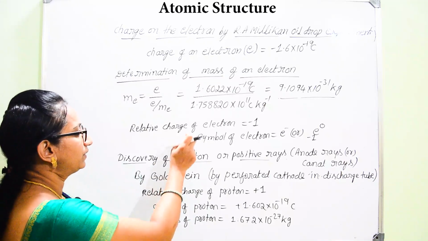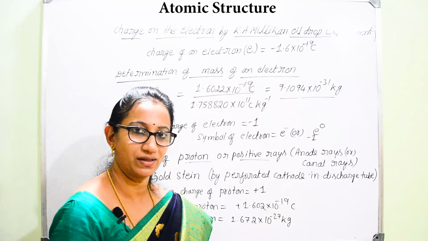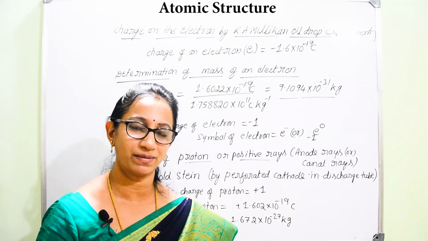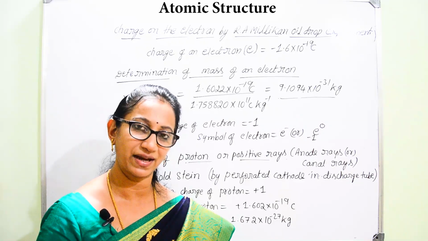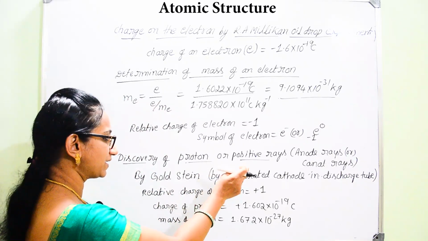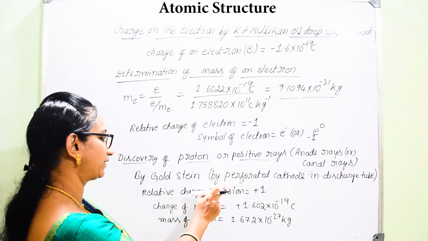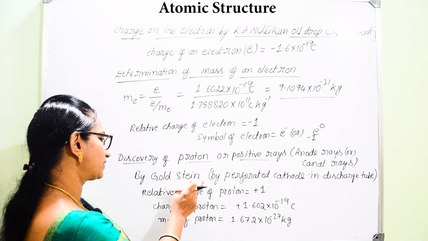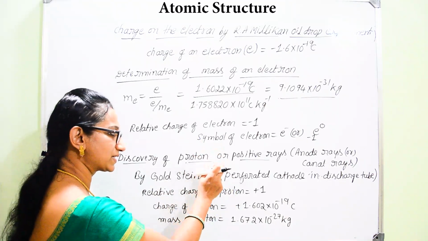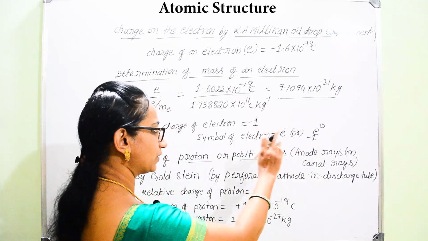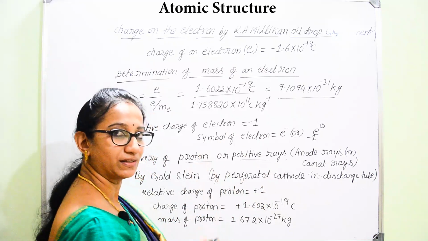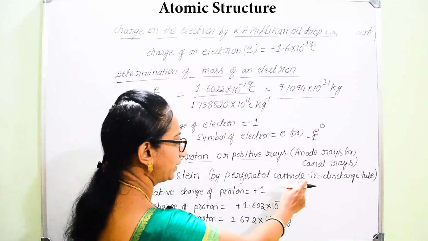And similar to electrons, if any atom is said to be neutral, having negatively charged particles, it should have exactly the same number of positively charged particles, then only it can behave as neutral in nature. So they were able to find that there are positively charged particles like negatively charged particles in an atom. This was first discovered by the scientist by name Goldstein. He was able to discover the presence of positively charged particles in an atom. He conducted a similar type of experiment to that done before by J.J. Thomson, that is the cathode ray tube experiment.